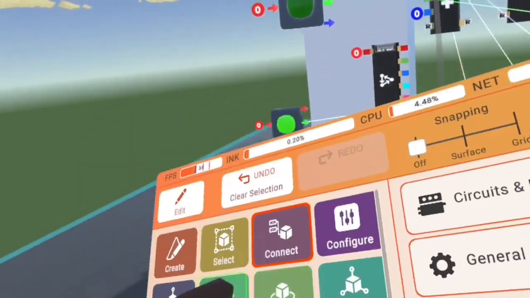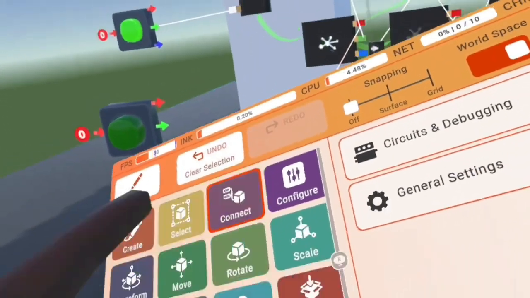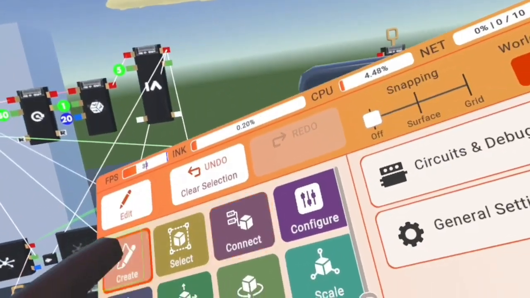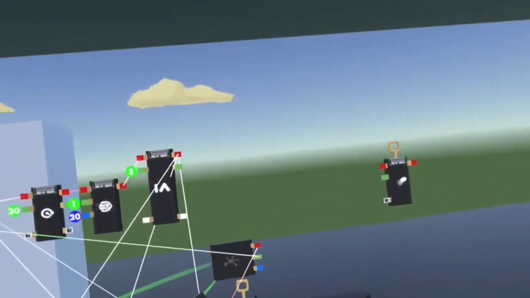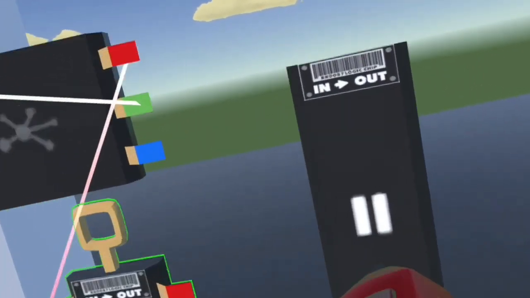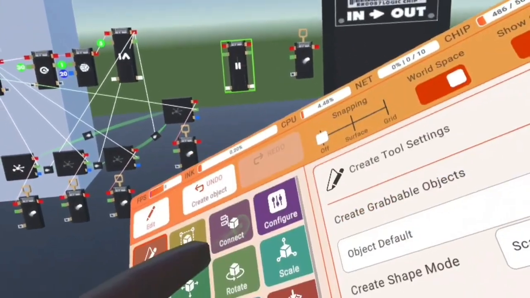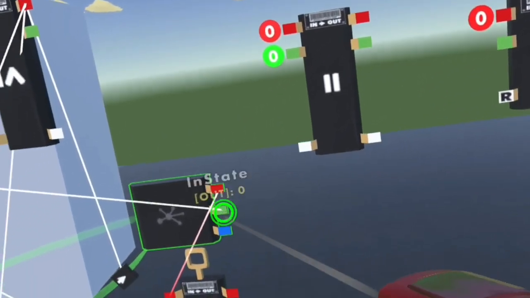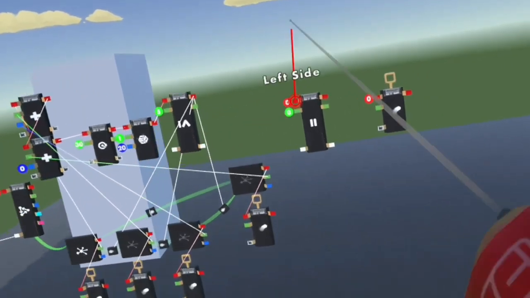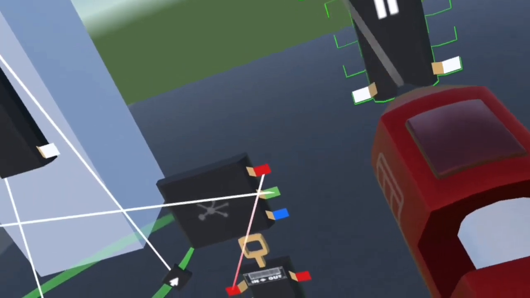So anyways, now let's get our first toggle button, the one that we're actually going to be using for the door, and we're going to get another comparator chip. This time we're not going to configure it. We're going to place it down in the middle of our final state in our jump scare animation gizmo, and we're going to link the right input of that comparator chip